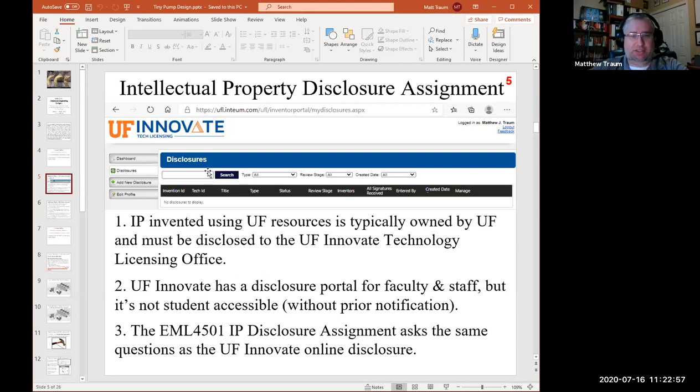So there is this disclosure portal. I've got a screenshot of it up here, but you guys, as UF students, don't have access to it. So what we've done is I've taken all of the questions from the UFINNOVATE intellectual property disclosure form, which is, again, just an online form that you fill out and submit when you want to submit new inventions to the university. So I've taken all of those questions and I've just dropped them into this intellectual property disclosure assignment, which